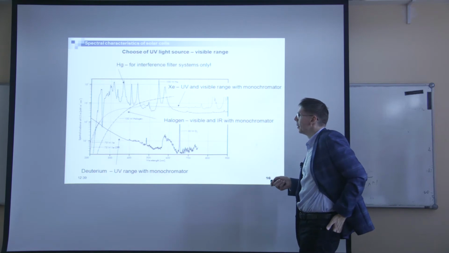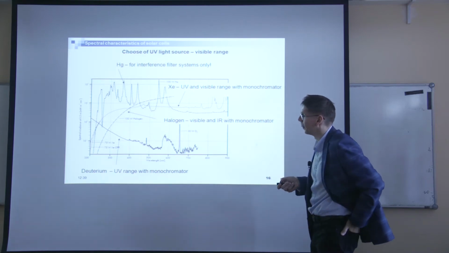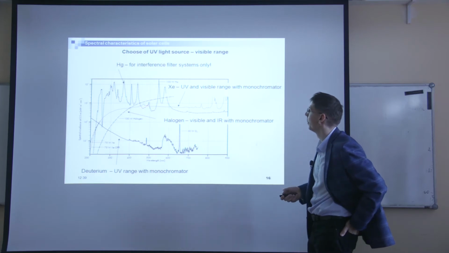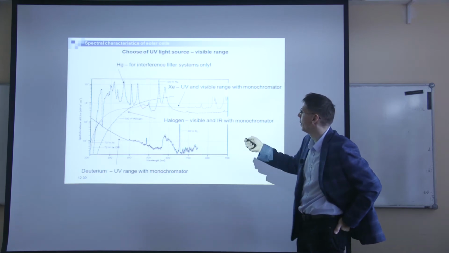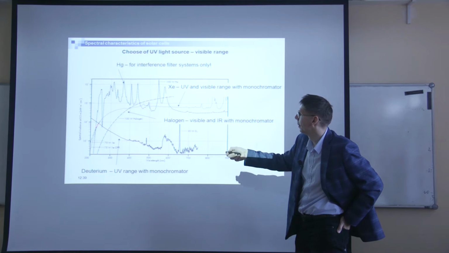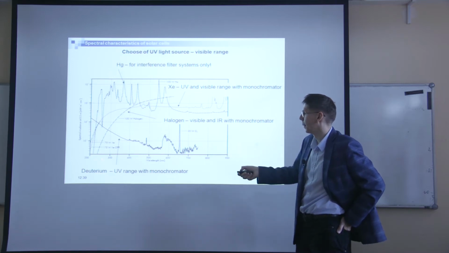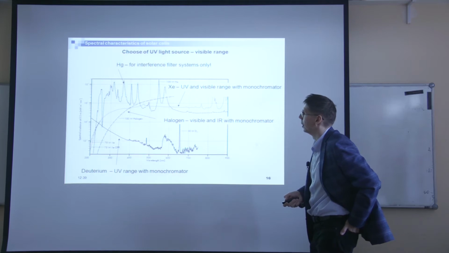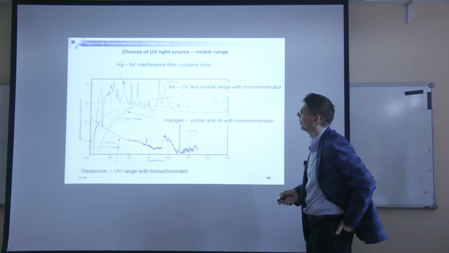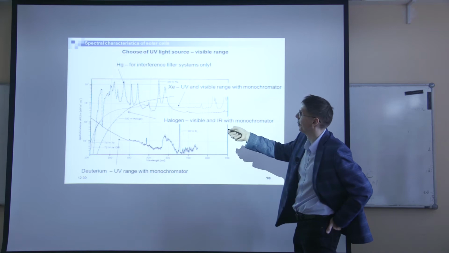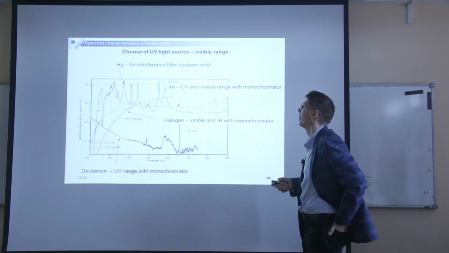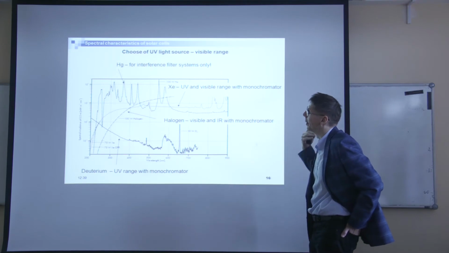For this case, we have to think about some continuous spectrum. It could be a xenon lamp in UV and visible light. It's not a good idea to use a mercury lamp for spectral measurements. It could be